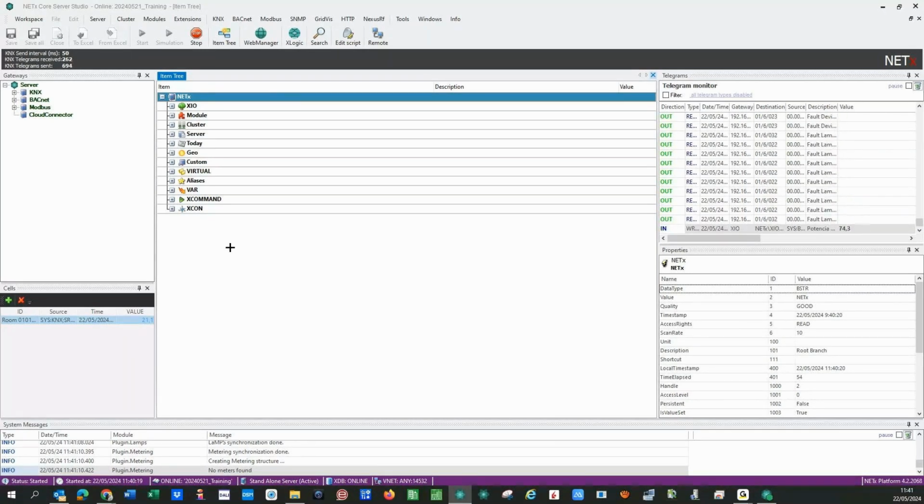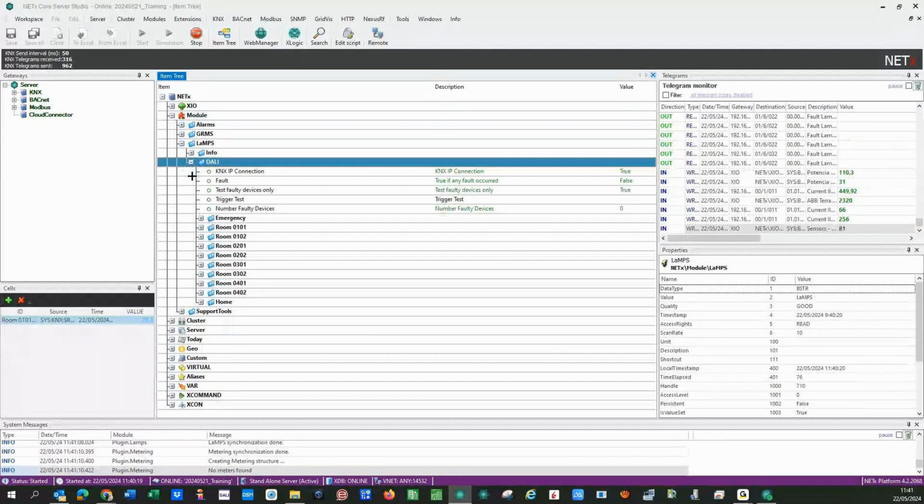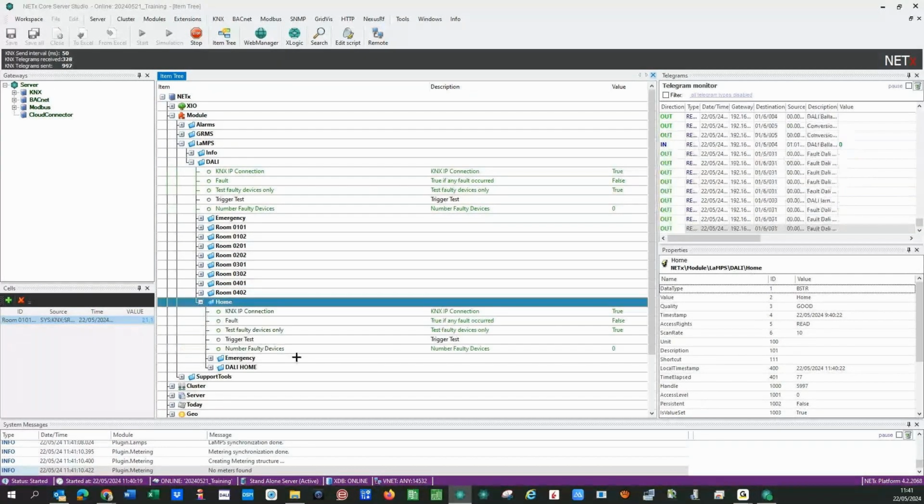And the third approach, why the LaMPS module is interesting, is because we have in the visualization a lot of tools to represent all this information very easily. Just considering the name of the gateway, just considering that. Okay. So LaMPS module, DALI, my home. Now it's connected. Okay, fantastic. Because it was missing the KNX gateways. And I have my